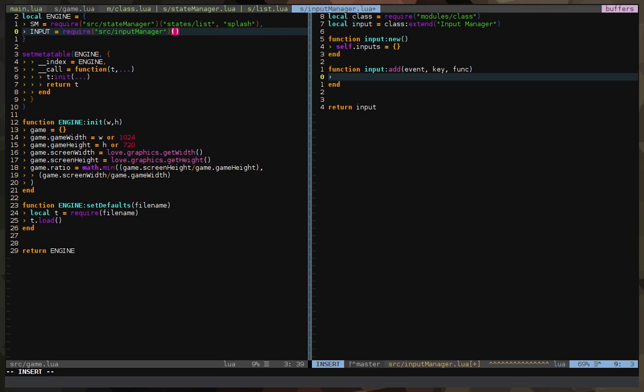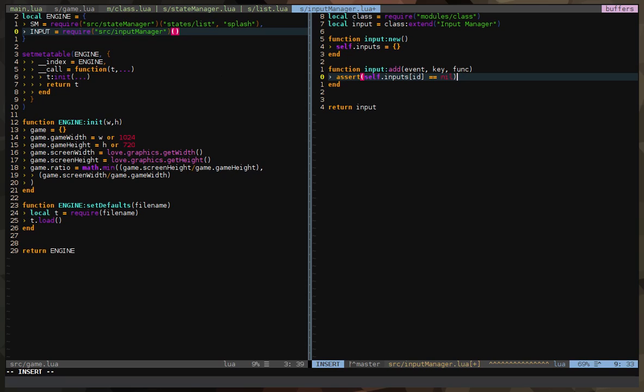And then let's first make use of assert, which will throw us an error if the value we pass is false. So self.inputs, and then id is equals to nil.